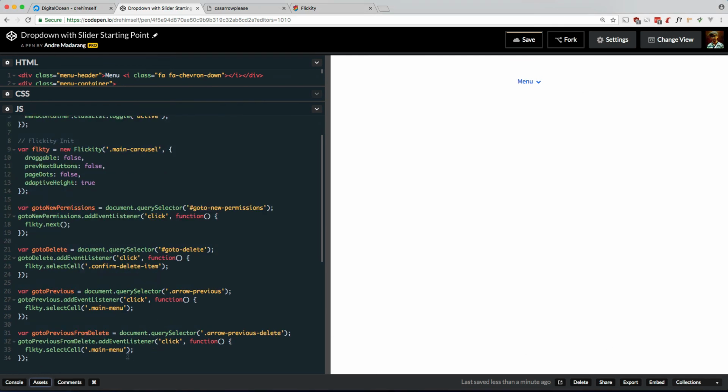Same thing going on here. Again, we're selecting that. Let's make sure it works. Awesome, it works. But one thing you might have noticed is if we're going to the third slide, you'll briefly see the second slide quickly slide over. And it's not a huge deal. And you'll see it when you go back as well. But if you want to fix that,